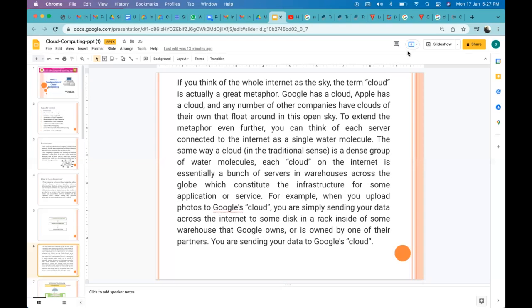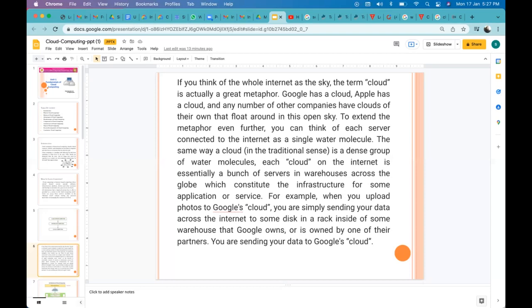There is a data warehouse of Google, there are racks and disks, and on that disk you are uploading your data, but ultimately you are uploading your data to Google Cloud. Okay, clear?